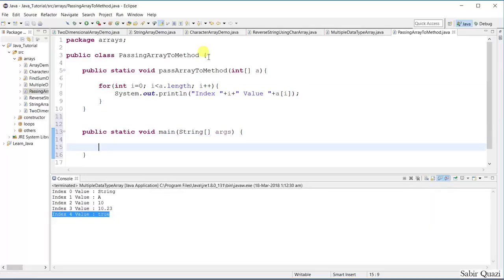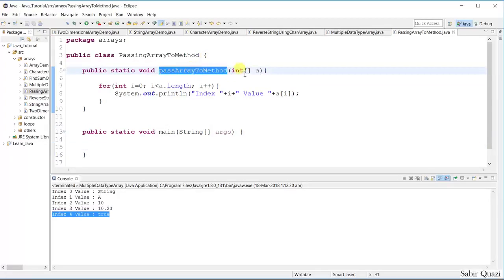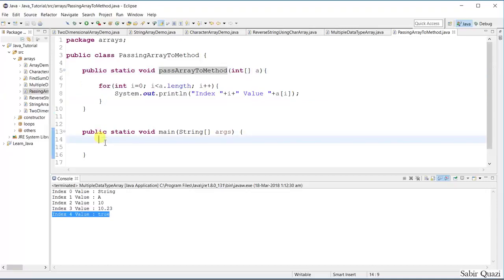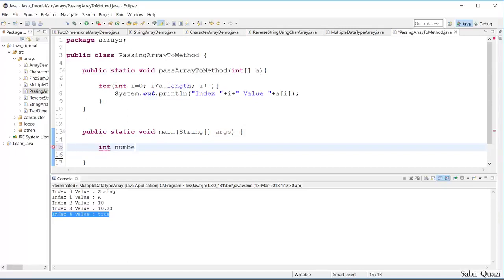Inside the main method we'll call this passArray method, and we'll pass one array to this method as a parameter, and it will print the values of this array. Before that we need to initialize one array which we will pass to this method. For that let's create one array called numbers, directly initialized,